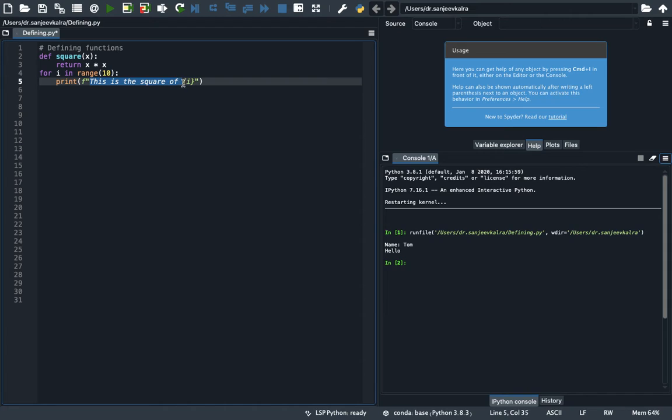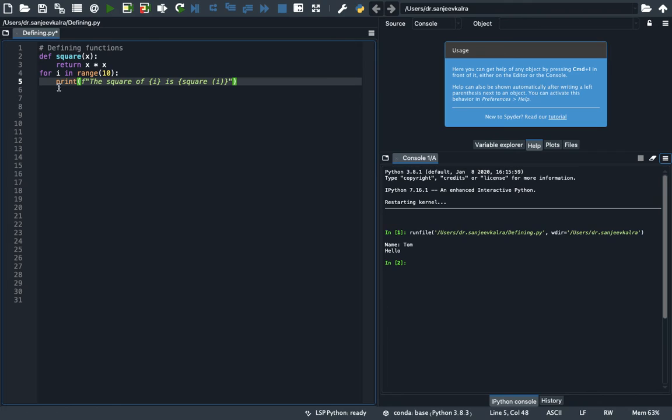We can write here: the square of curly brackets i is curly brackets the square, and we will do the square of i.